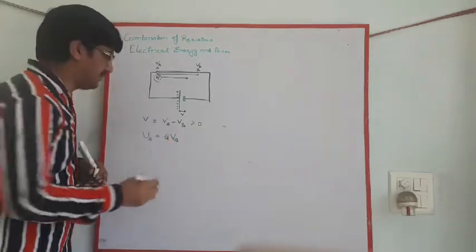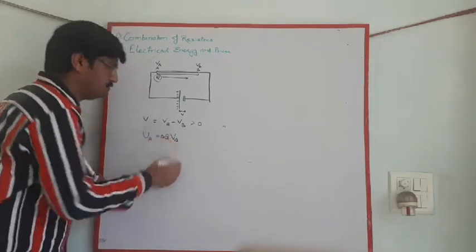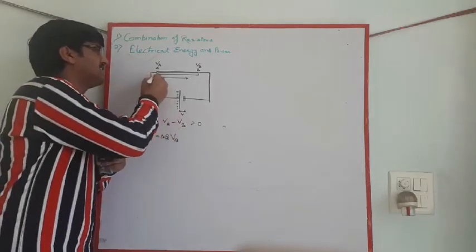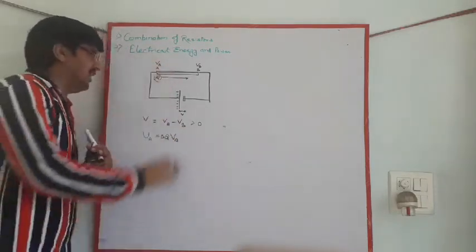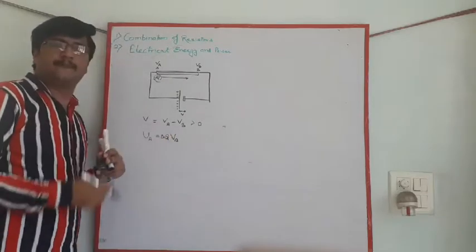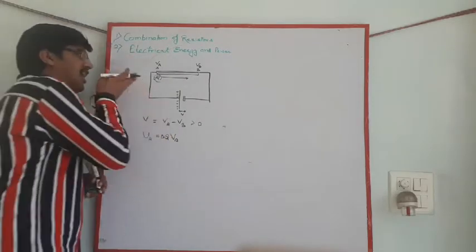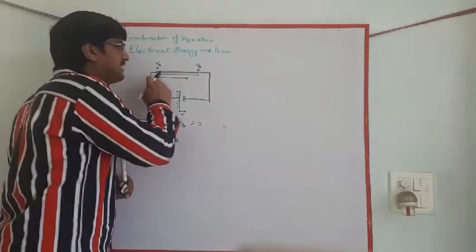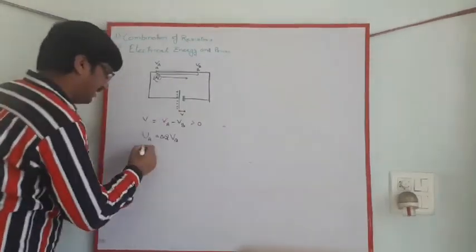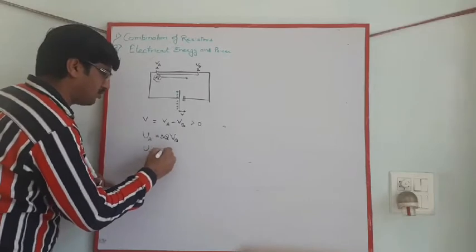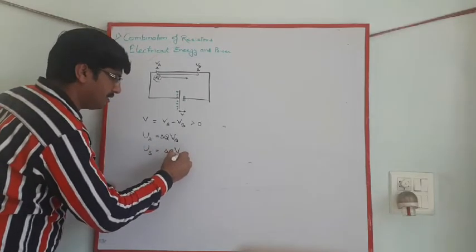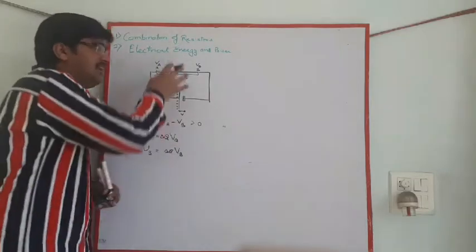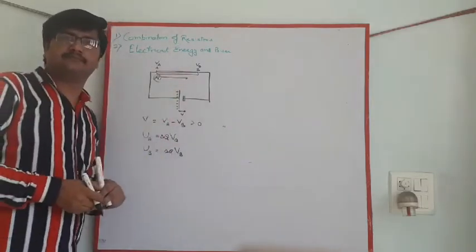अगर small charge की बात करें तो delta Q into VA. This will be the potential energy in charge delta Q at position A, and due to this potential energy the charge starts moving. और जब चार्ज मूव करना शुरू करता है and reaches terminal B, the potential energy at B becomes equal to delta Q VB. Due to motion, it gains kinetic energy.